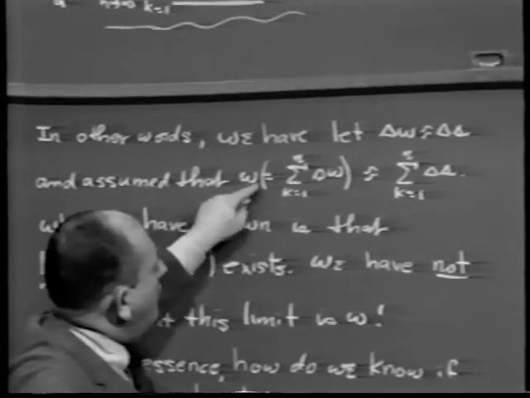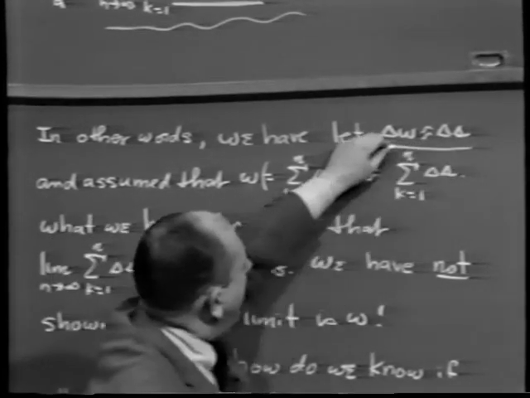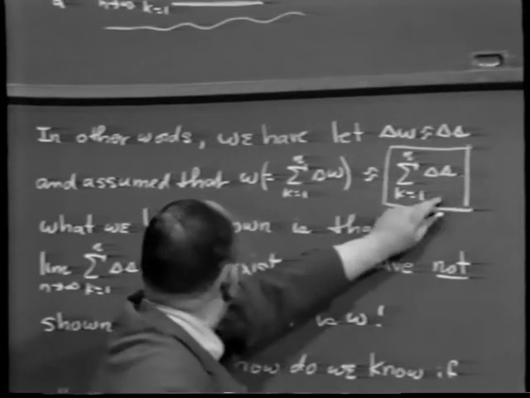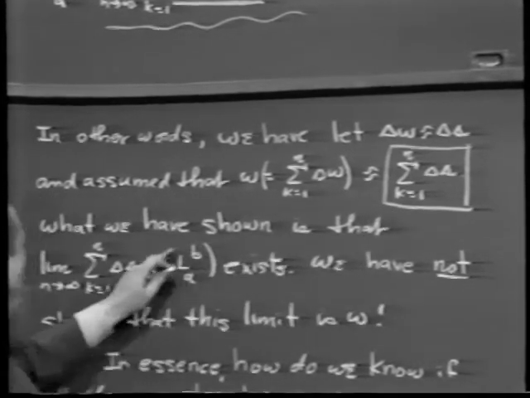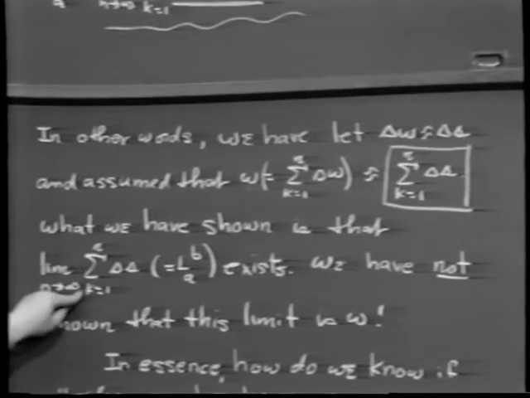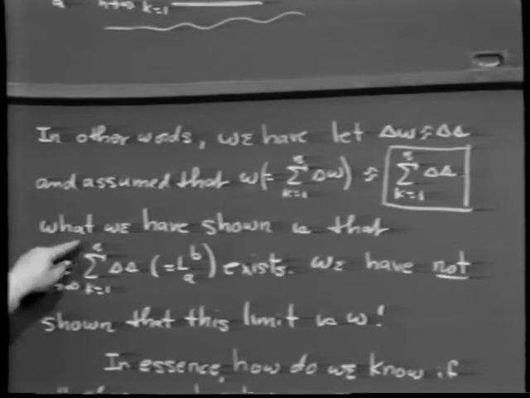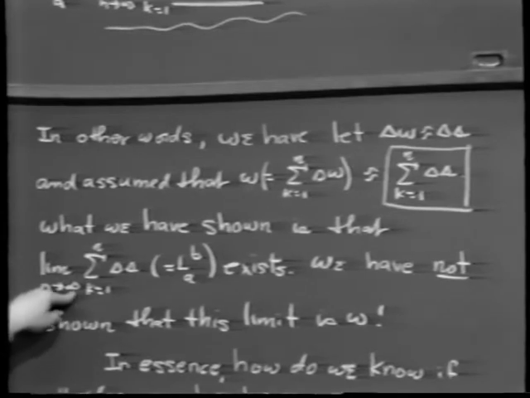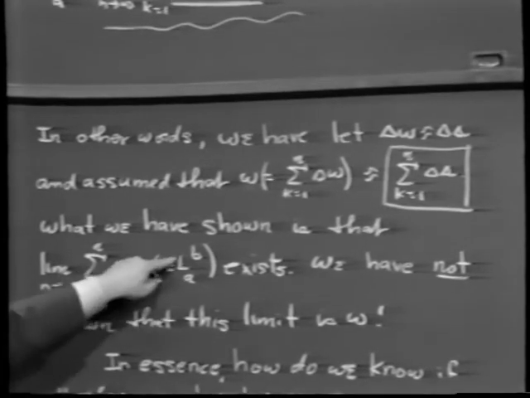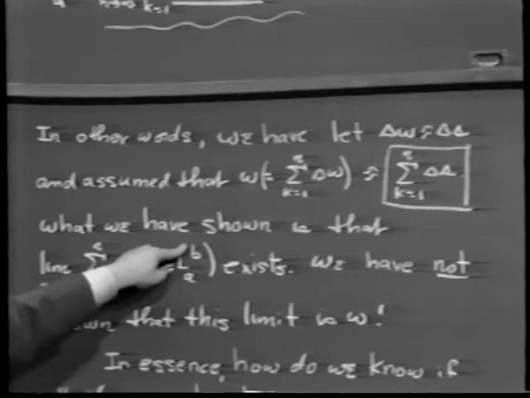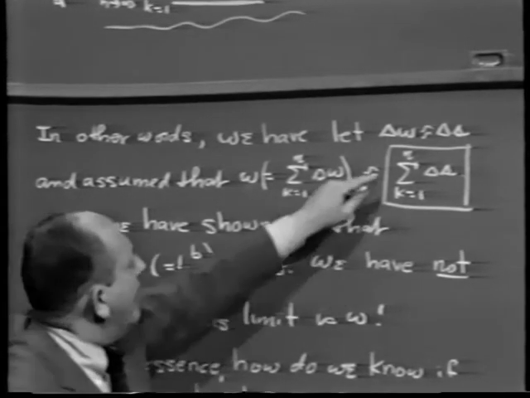Now here's what we did. We didn't work with W at all after this. We turned our attention to this. This is what we did in our case here, and we showed that this limit existed. We showed that the limit, as k went from 1 to n, and then n went to infinity, of these pieces here was L of a, b, and that existed. What we did not show is that this limit